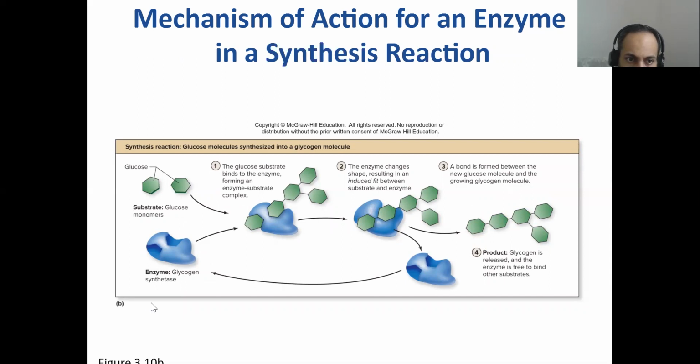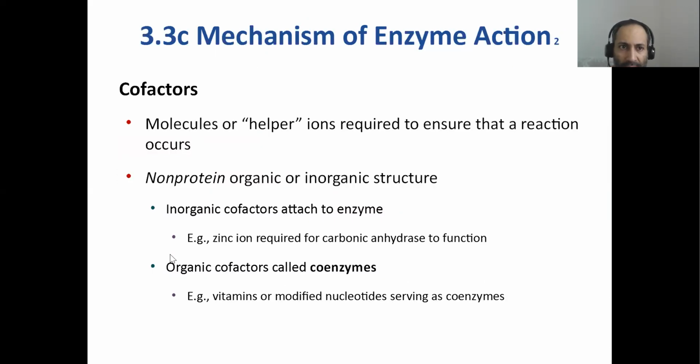Same here. What are we looking at here? Look at this. This enzyme is glycogen synthetase. It tells you what it does. It synthesizes glycogen. What is glycogen? Remember, glycogen is how humans, us, and animals store their glucose in long chain molecules called glycogen in our livers and then in our skeletal muscles. So how do we do that? Using this enzyme called glycogen synthetase. Again, specific shape, which is perfectly matched to the shape of glucose polymers. So what does this enzyme do? Glycogen synthetase takes up those glucose molecules and, look, makes a long chain out of them. And then what does it do? It detaches and then it recycles. It can go back to doing its job with other ones.